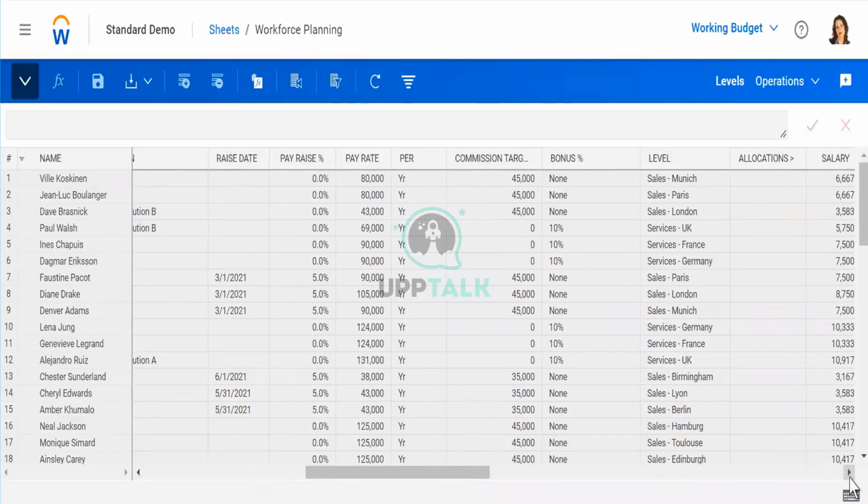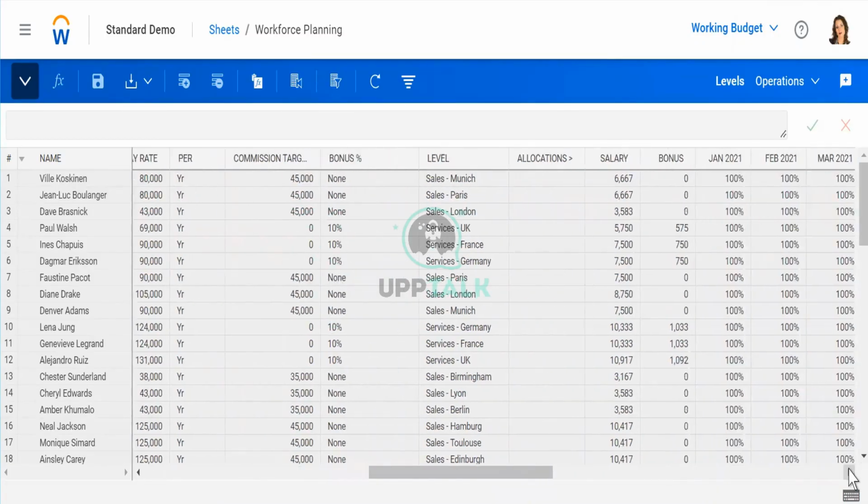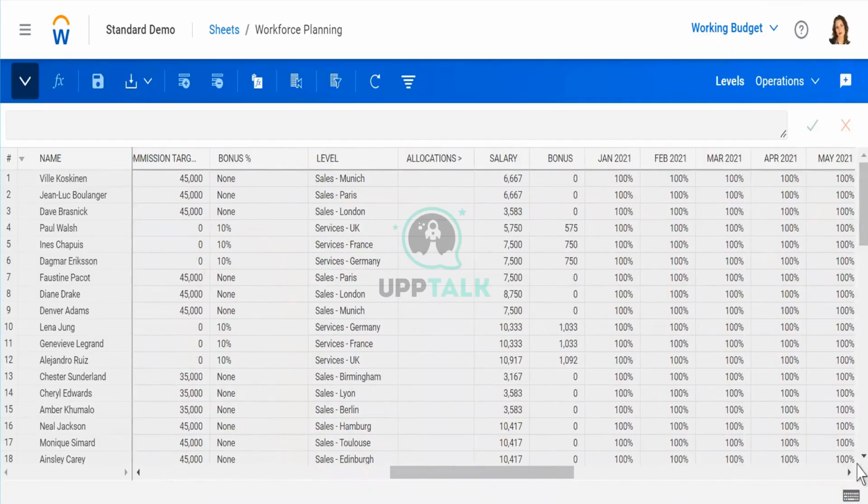All kind of workforce planning, all kind of sales territory planning, these kind of models are always handled in a model sheet because they cannot be handled in a standard sheet or a cube sheet. There are a lot of percentages, a lot of date columns, a lot of comment columns that they need to use in the system. You can see everything in the data, and there is also salary, bonus, and then you have the time span also, which is flowing.